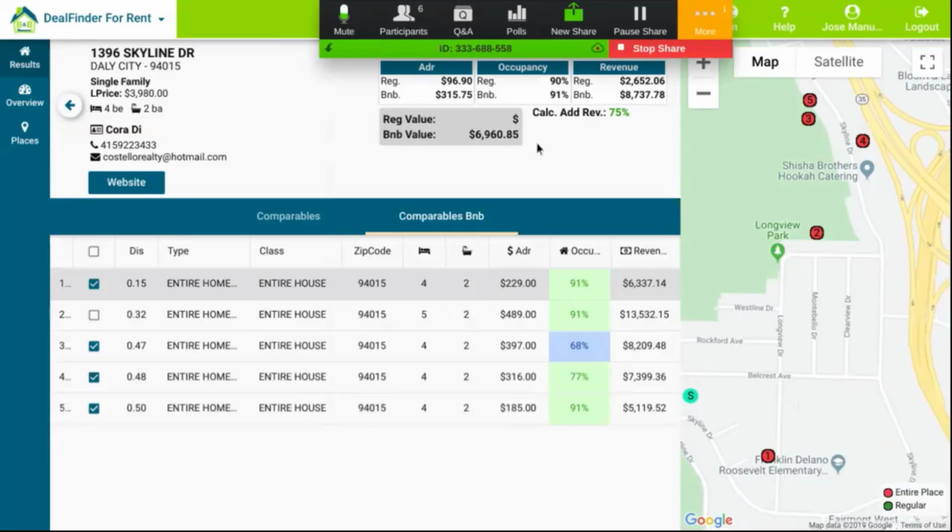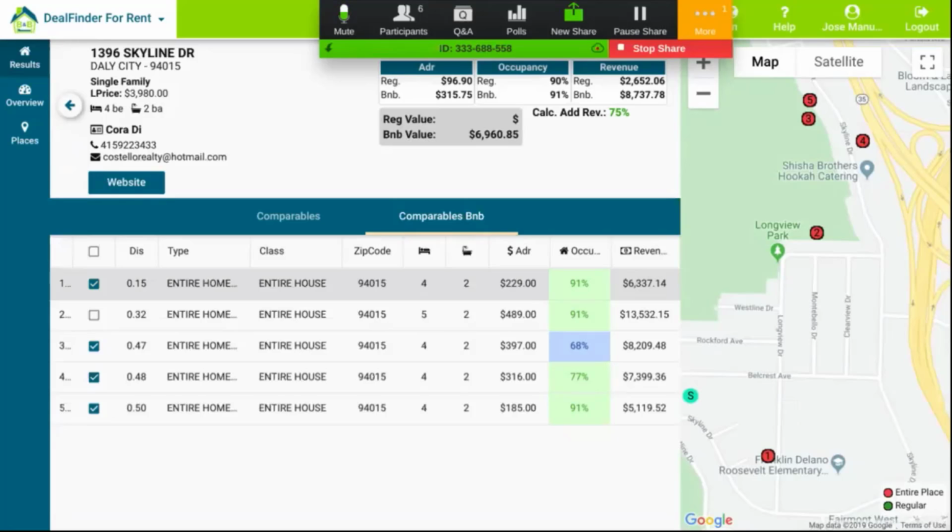When you contact, in this case, I want to contact Cora D, okay? This is the homeowner right now. This is the person that I need to contact in order for me to rent the property from her, and then I'm gonna put it on Airbnb, okay? So the one that is gonna be listing the property on Airbnb is gonna be me, because I'm making the business right now. Okay, I want to keep the profit.